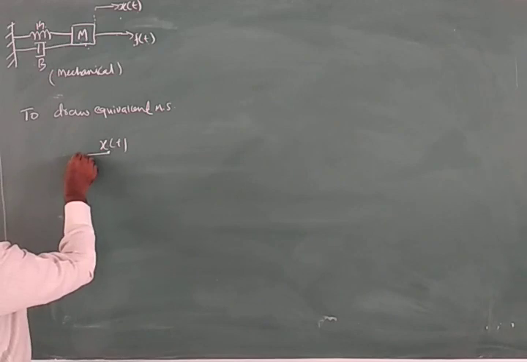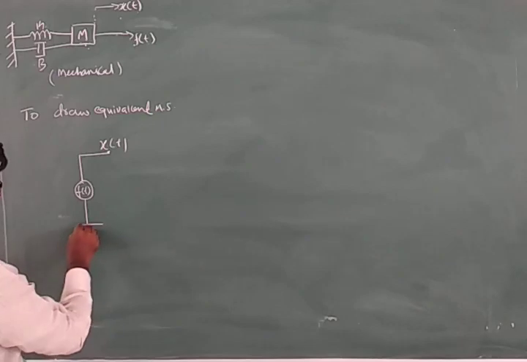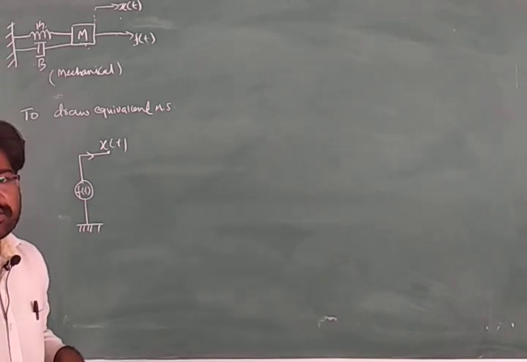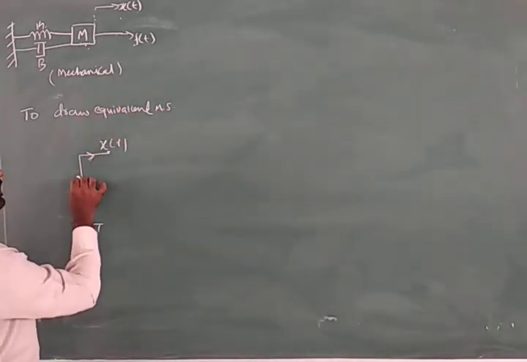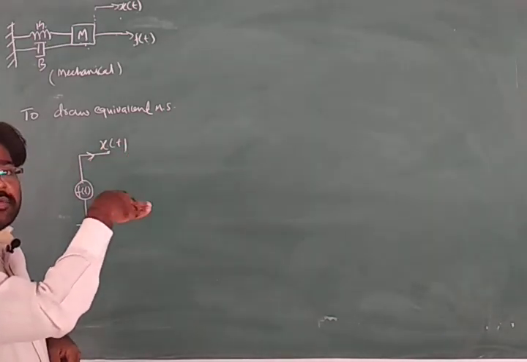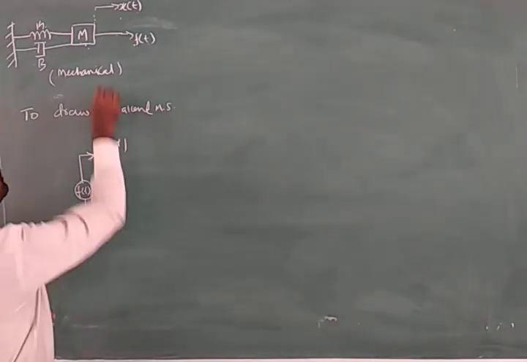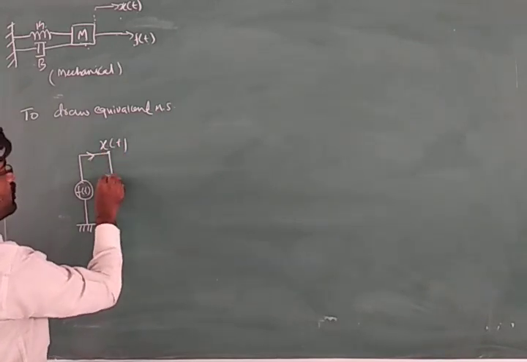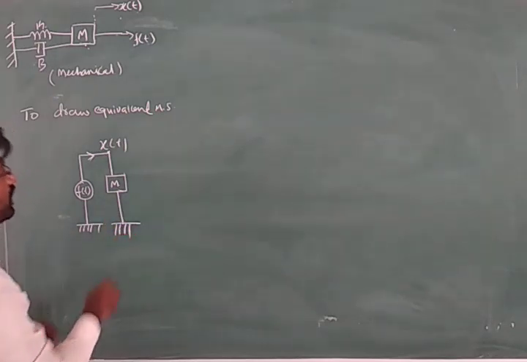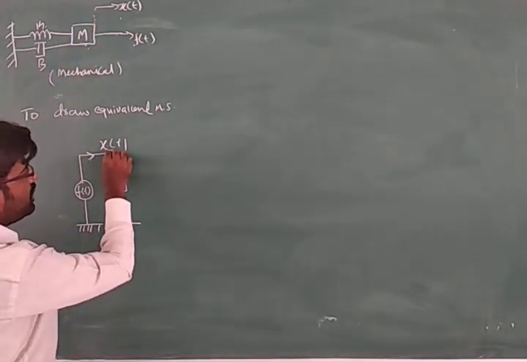So first, you write f of t like this. Select any one direction as a reference direction for f of t. This is the direction in which we are applying the force. Then the forces of all the remaining elements will be in the opposite direction to this force. Then M is also connected to this, so you mention M like this. Then K is also getting influenced by displacement, so you write K like this.